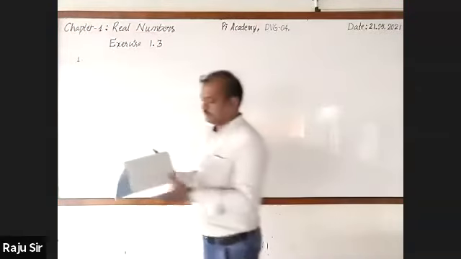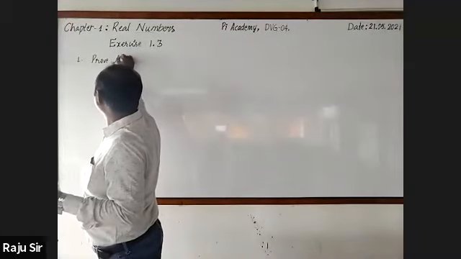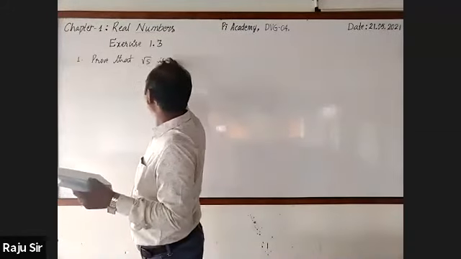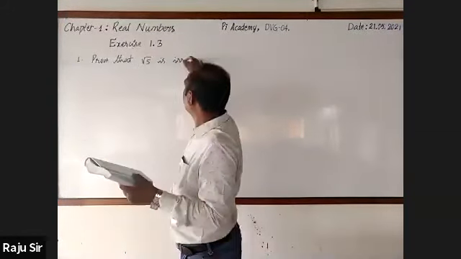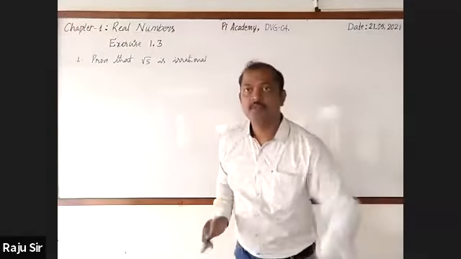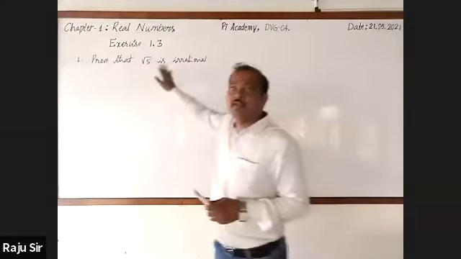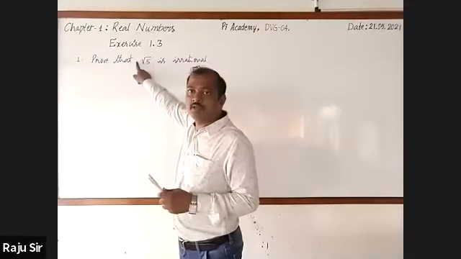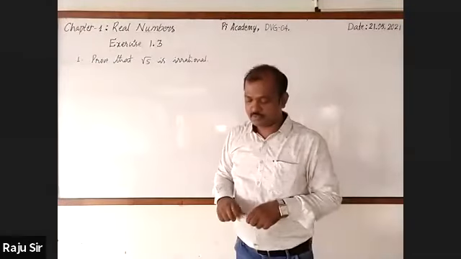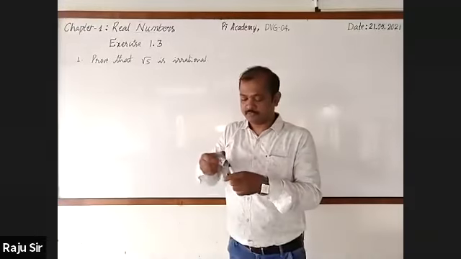First one is like this. Prove that root 5 is irrational. Yesterday only we have learned how to prove the given number as irrational with coefficient 1. Observe here. Here the given number is root 5 and its coefficient is 1. Let's go for proving and please go on writing with it.